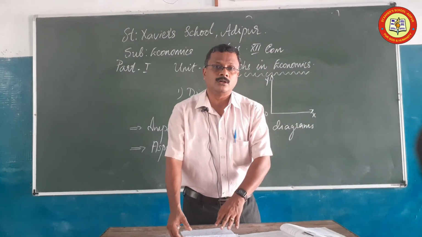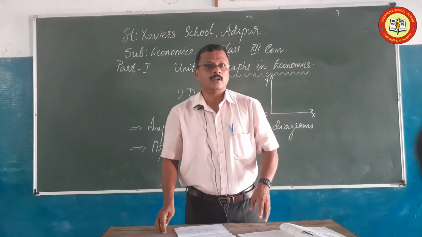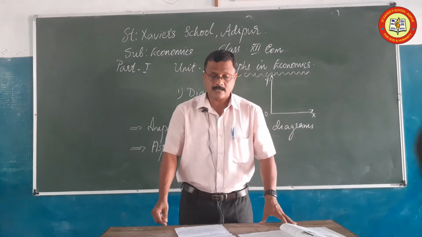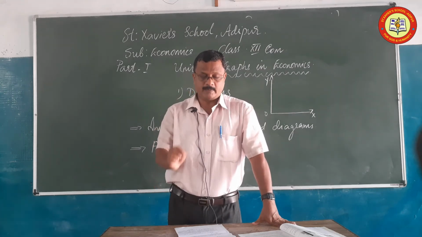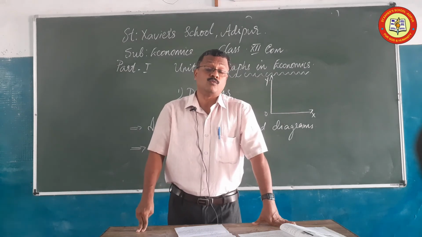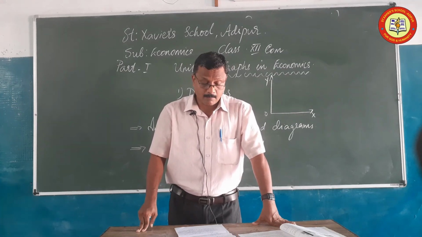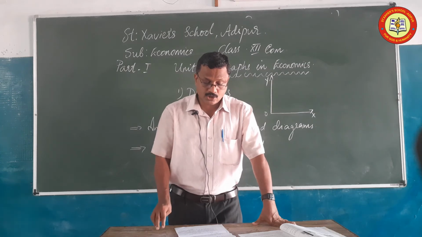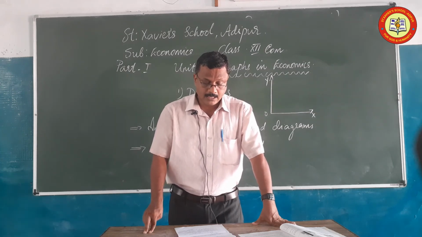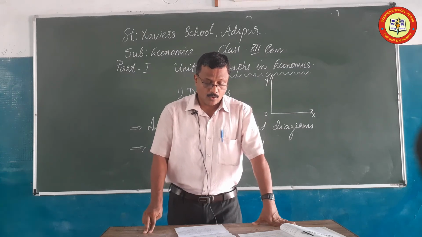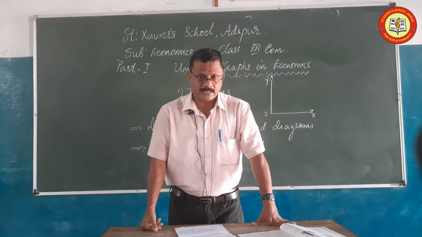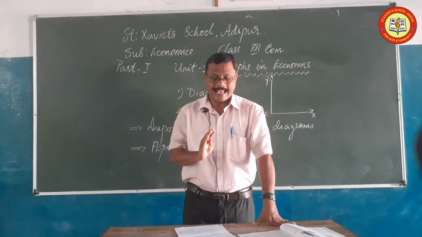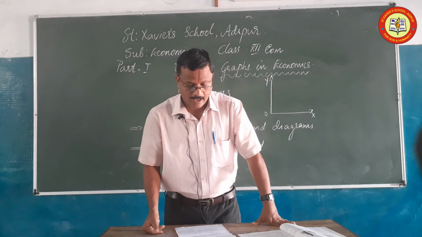Before we conclude the first part, I would like to draw your attention to the important aspects related to diagrams. That means aspects to be considered while drawing a bar diagram, which are very, very important. First of all, the bars should be of equal width. The length of the bar should be proportional to the value of the variable. The distance between all bars should be equal. All bars rest on the same line called the bar baseline. All the vertical bars should be arranged from left to right. These are the aspects to be considered while drawing a bar diagram.